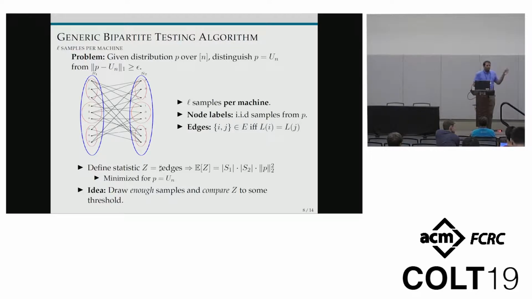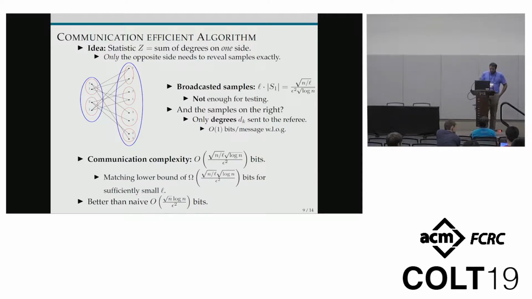But we're doing this because this will help us, because our goal is not actually to minimize the sample complexity, as I said, but to minimize the communication complexity. And this bipartiteness, as I will explain in the next slide, will help us for this task. So our statistic, instead of the number of collisions, is basically the number of cross collisions, or equivalently the number of edges of this bipartite graph. And this is a good statistic because the uniform distribution minimizes the expected number of edges, and if it's far from uniform, there's a large enough gap.